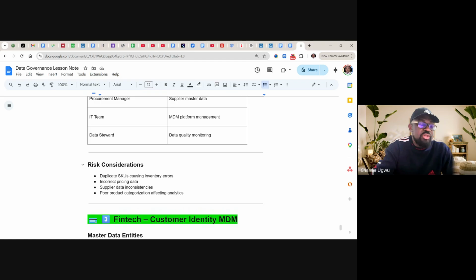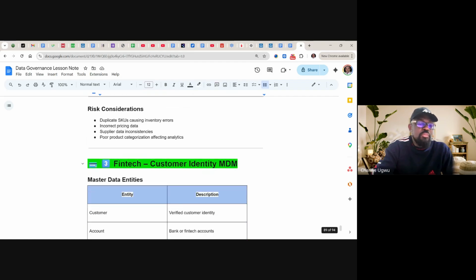And risk control and consideration, we have duplicate SKUs causing inventory errors, incorrect pricing data, supplier data inconsistency, and poor product categorization affecting analytics. Yeah, with that, we've sorted the retail master data management framework. And we'll come to fintech